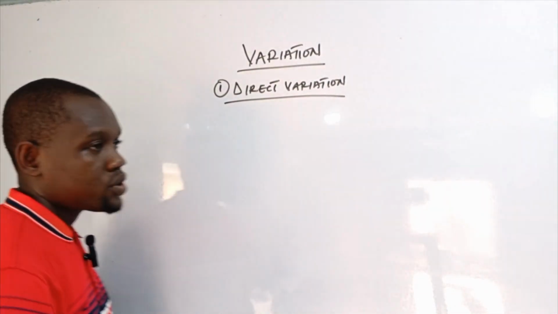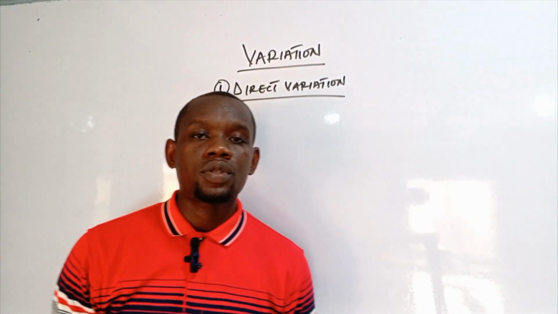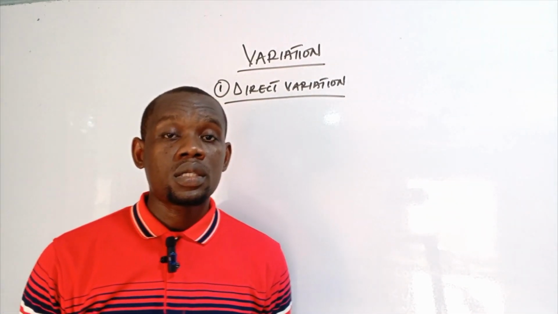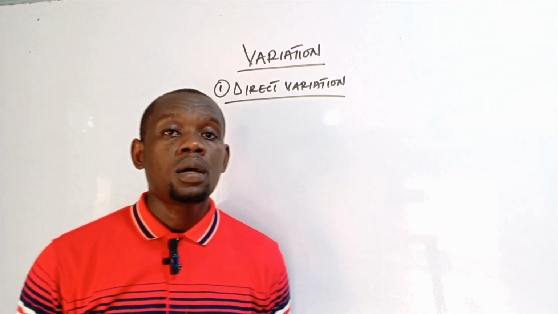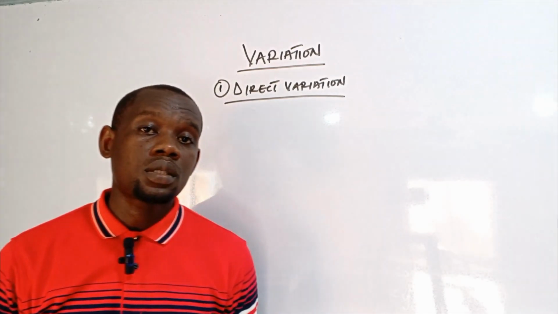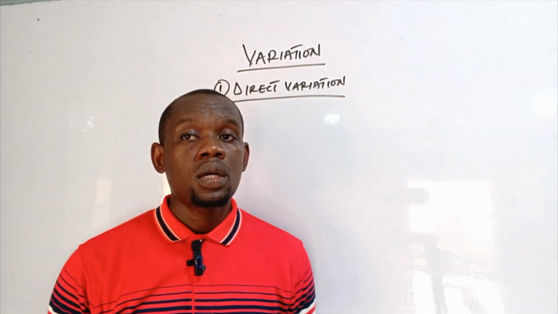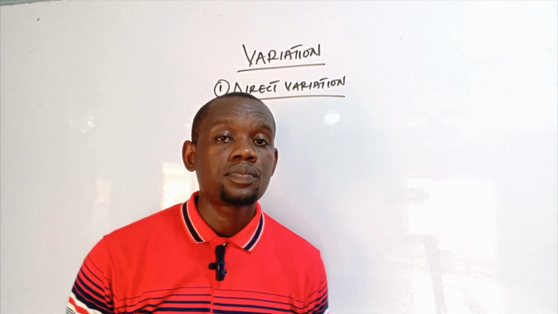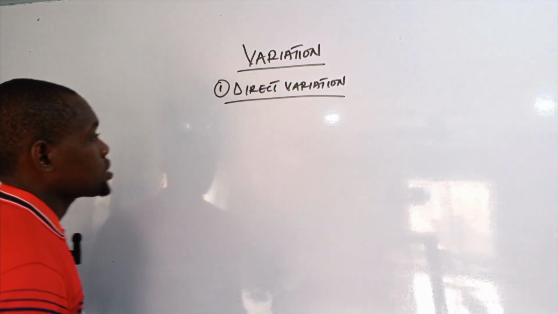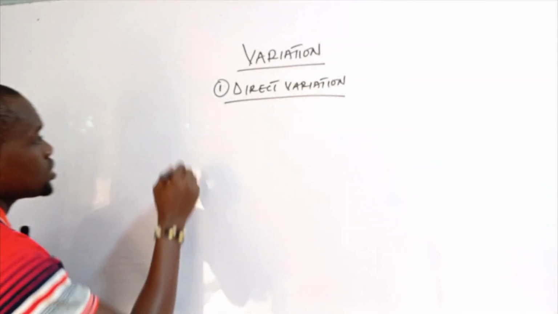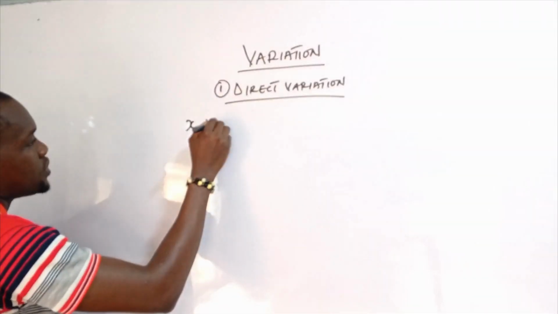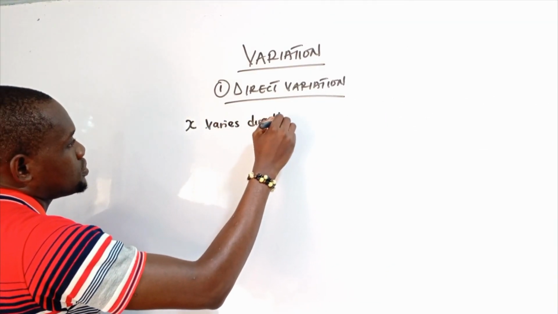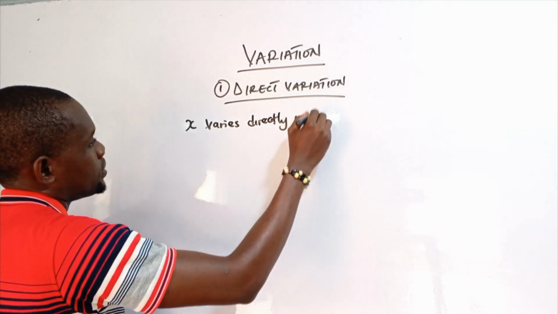A direct variation is that type of variation that shows that the relationship between the two variables is direct, meaning as one of the variables is increasing, the other is increasing as well, and as it is reducing, the other is reducing as well. So in a situation like this, where you are given a question that x varies directly with y,